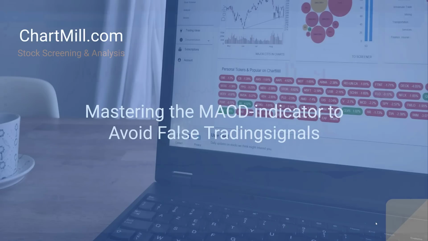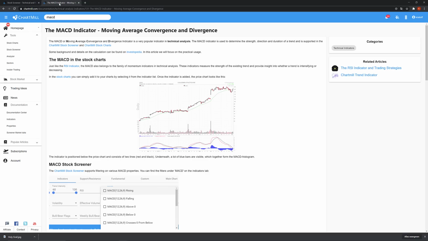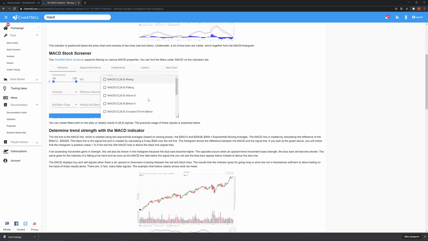In this video we discuss the very popular MACD technical indicator. There is already a bunch of information available on the internet about this specific indicator, and also in our documentation section we have an article available that explains a bit more about the screen possibilities in Chartmill. In this video I briefly explain how the indicator is composed and how you can screen for certain MACD events